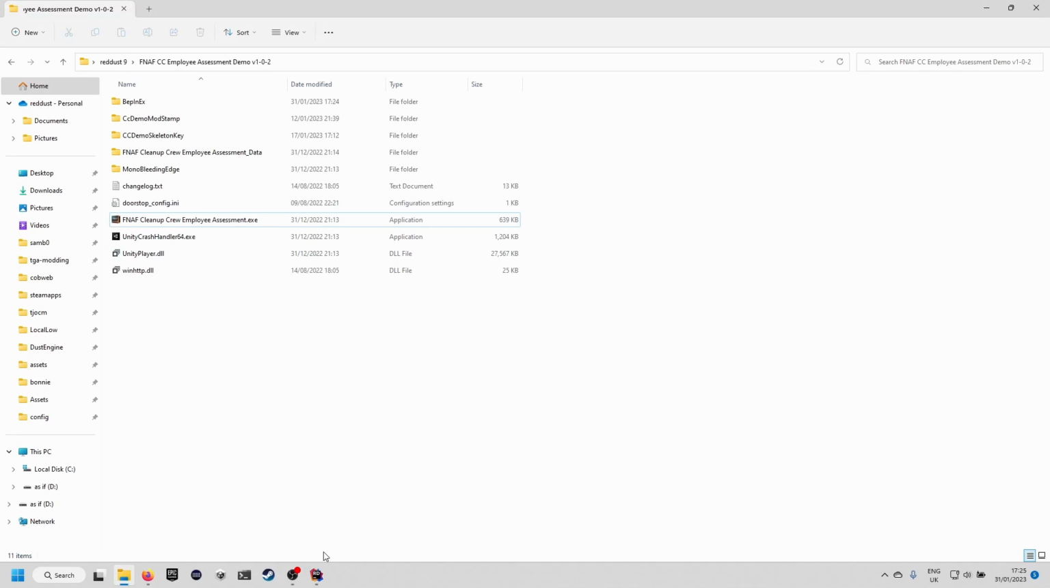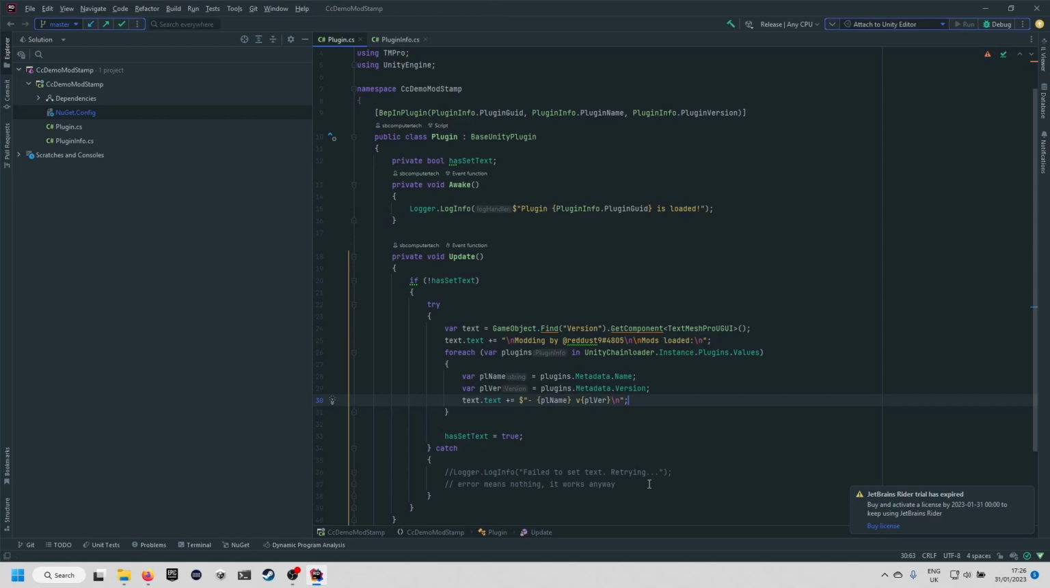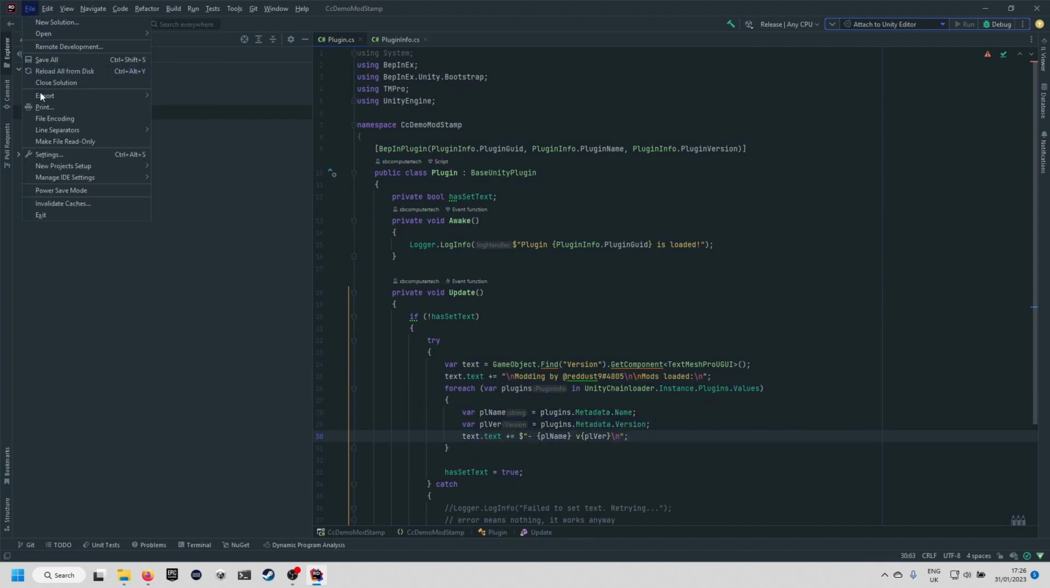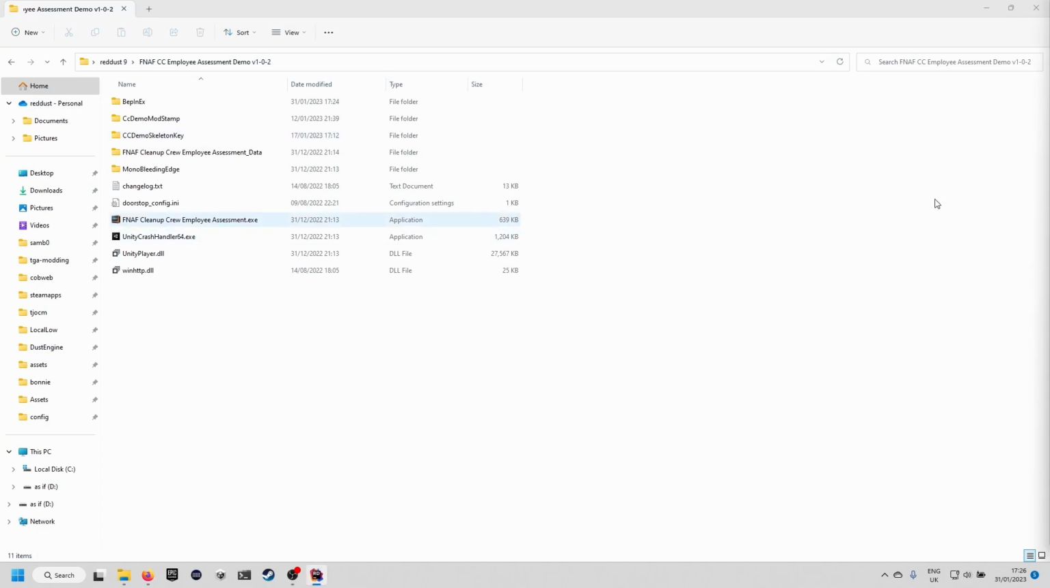Now if you want to make mods, it gets a little bit more complicated. What you want to do is go into your preferred IDE. I like to use Rider, but you can use Visual Studio if you want. And you can see this is an example mod I made here, which just renders all loaded mods to the screen. What you'll want to do is close any open projects,